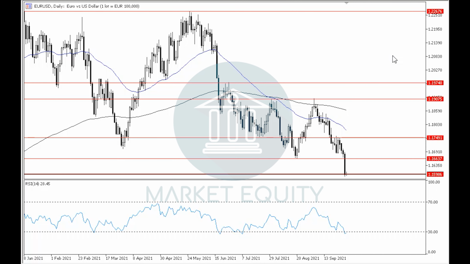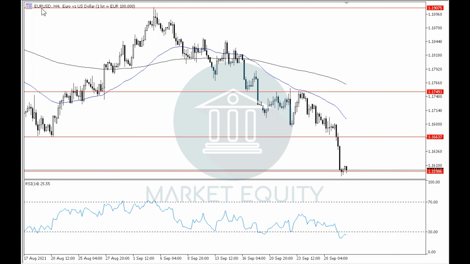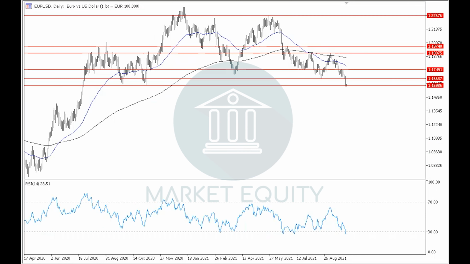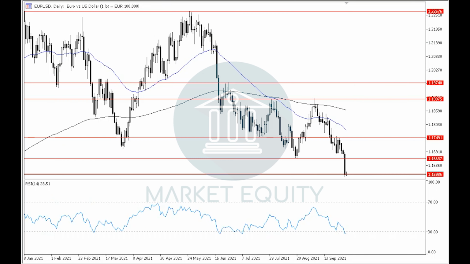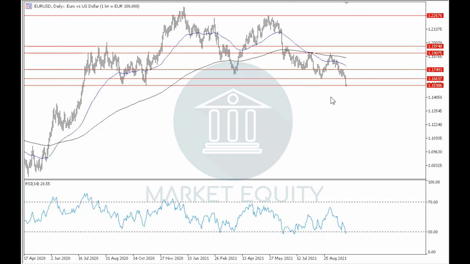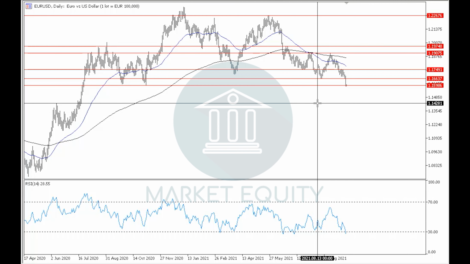Let's begin with the Euro versus the US dollar, where in the previous videos we said that the pair is moving in a downtrend in the 4-hour time frame inside the overall sideways movement in the daily time frame, and recently the pair broke down through level 1.1665, which by breaking down through it will support the ending of the previous sideways movement and the beginning of a downtrend in the daily time frame, which will continue to target around level 1.1420